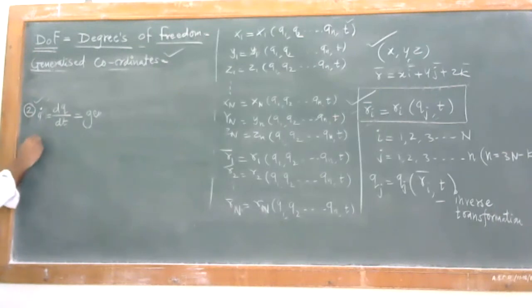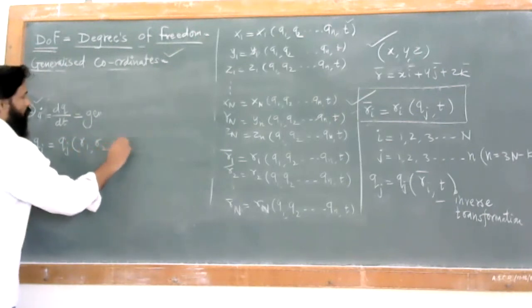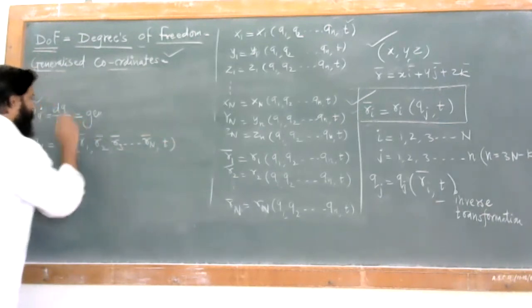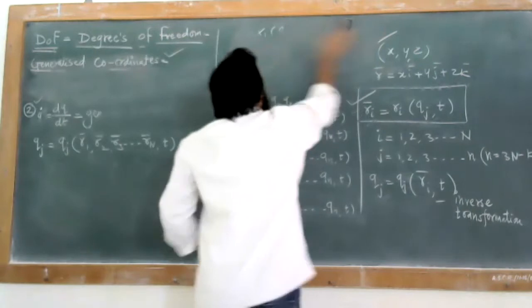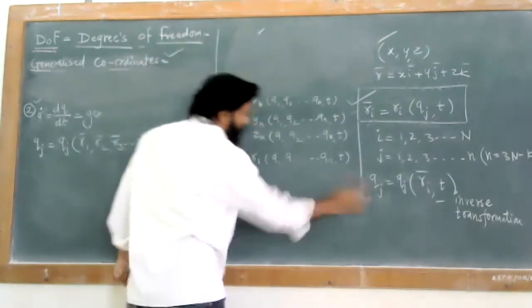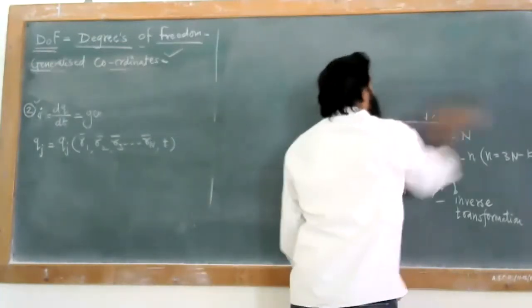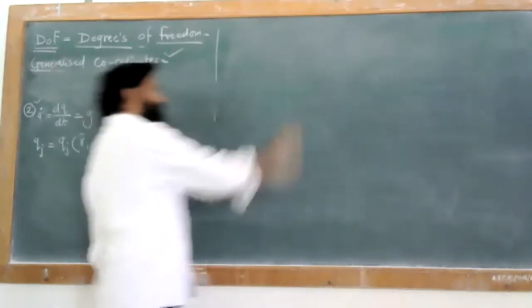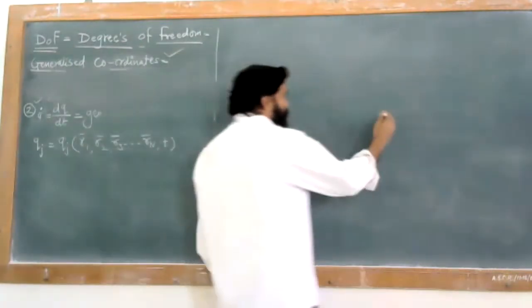So remember that this q_j is nothing but q_j of r1, r2, r3 up to rn of t. These are nothing but all vectors. So you have generalized coordinates as well as generalized velocities. Now let us say, if you can have an example of that, the previous thing,